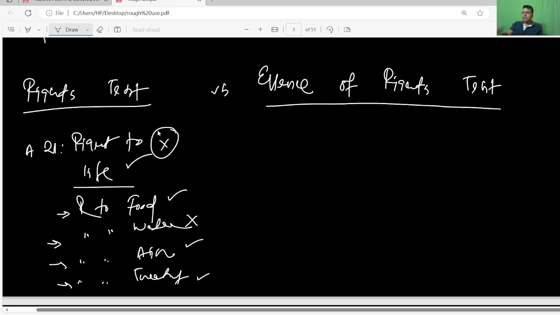So you are given a fundamental right, and everything connected to that fundamental right should be given to you, subject to certain reasonable restrictions. So this is the rights test: whether a particular fundamental right given to you is foolproof or not. And the essence of rights test means that particular fundamental right